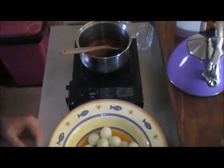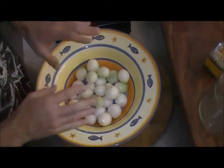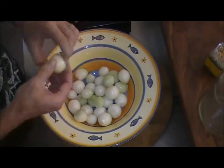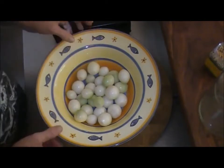So now let's get down to the onions. Right there, the onions. They've been washed clean twice of the brine. They're still very firm, which means they'll be quite crispy. Even just in the salt brine, they actually smell like pickled onions even now. So what we're going to do,